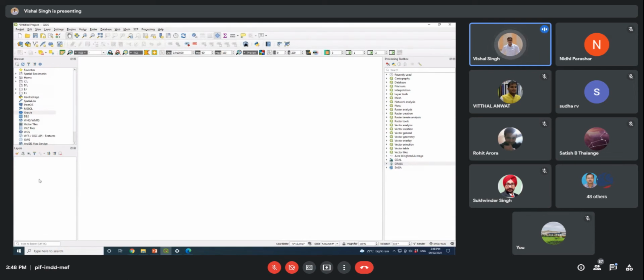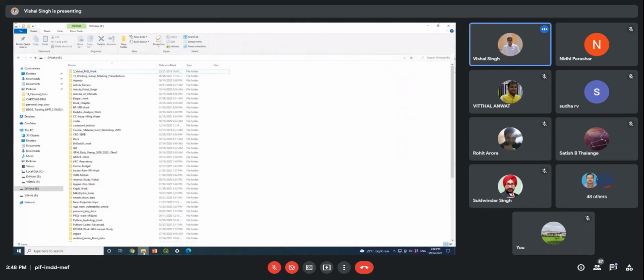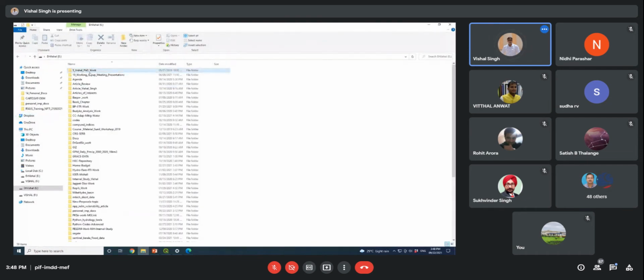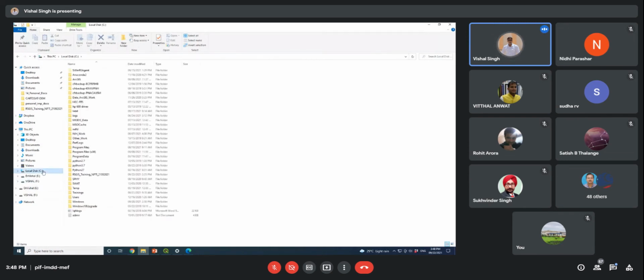And now we will see how we can do the georeferencing using QGIS. So I would suggest that everyone please look at your directory, where you have saved the example dataset that I have provided to you. Like I have saved my dataset in the C drive, in this folder, RSGIS training NPTI.